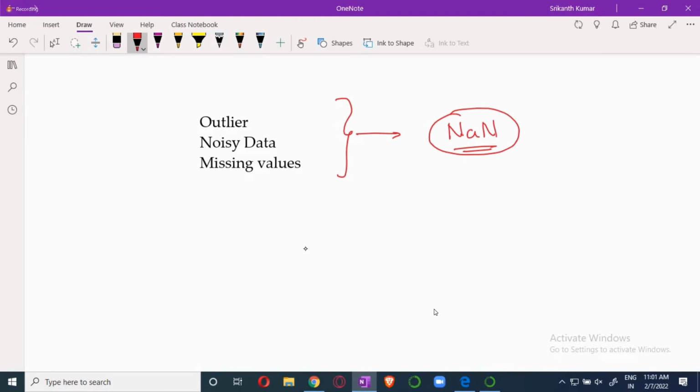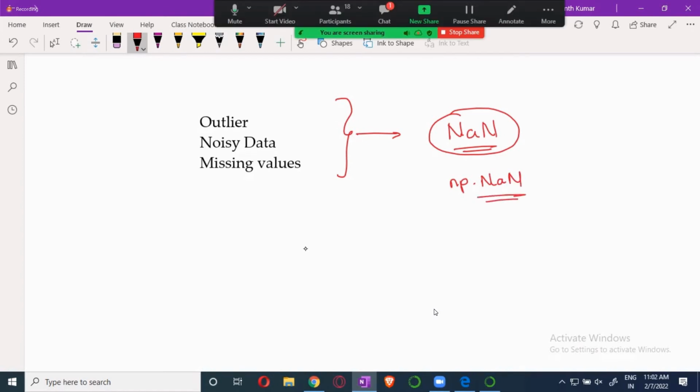Now why we have to give it like this: this is not a string, guys. Remember this. If you want to invoke NaN in any table or data set, use np.nan. Remember that. So when you give it np.nan,